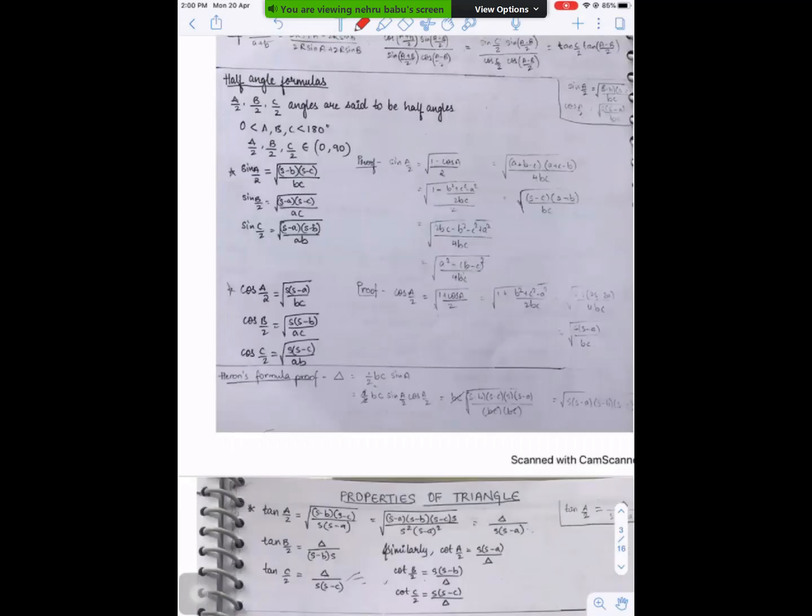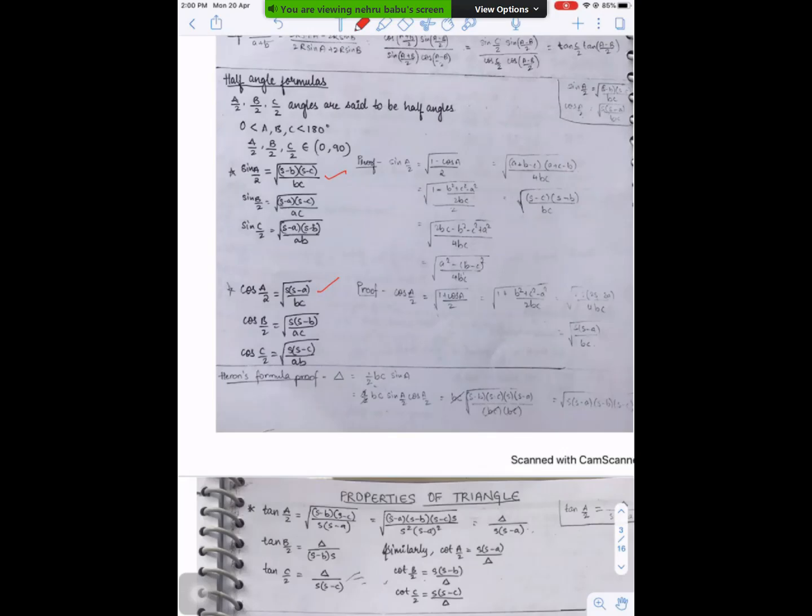Okay. Next formulas in this topic are half angle formulas. Sin A by 2, cos A by 2. Just remember this result. Similarly, you can write all the other things. We know all A by 2, B by 2, C by 2 are in the first quadrant because A, B, C are between 0 and 180, so half of the angles are always between 0 and 90. So sin A by 2, sin B by 2, sin C by 2, all these formulas are similar, and the sin A by 2 formula is root of (S minus B)(S minus C) by BC. If you want proof also, it is just beside, if you see.